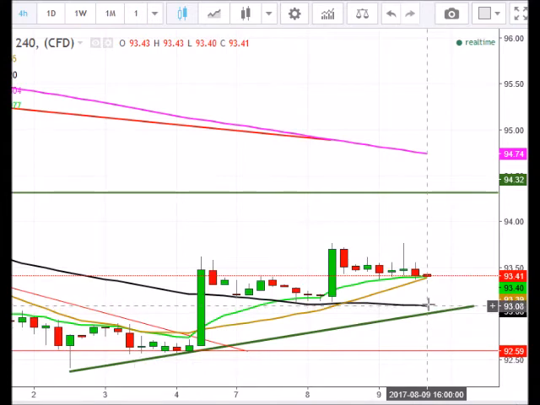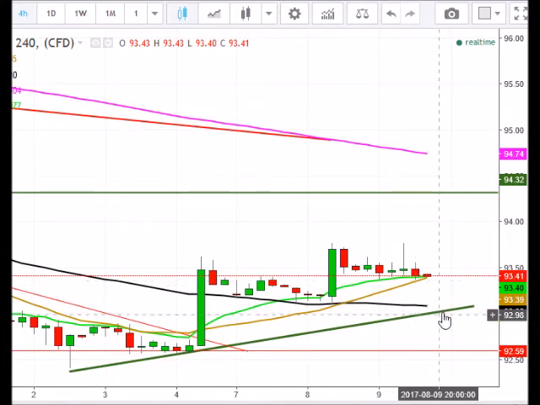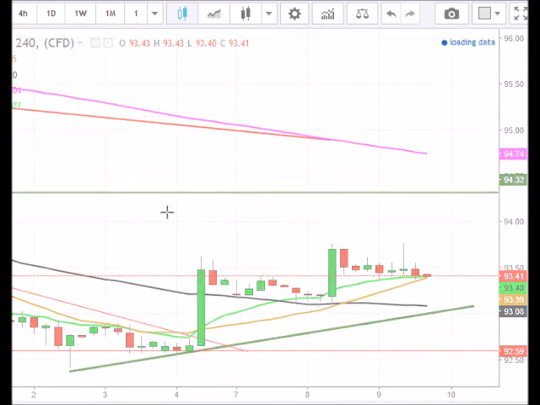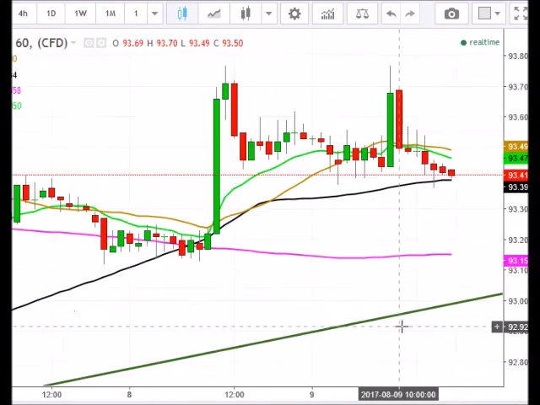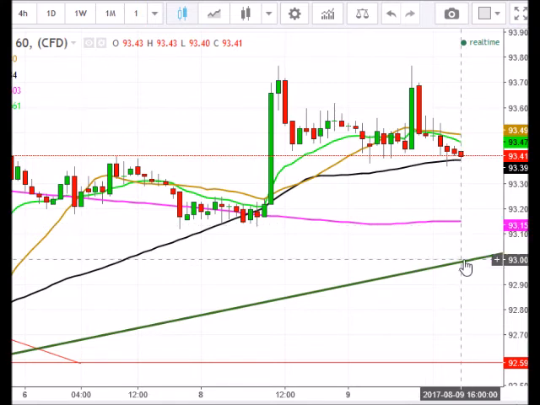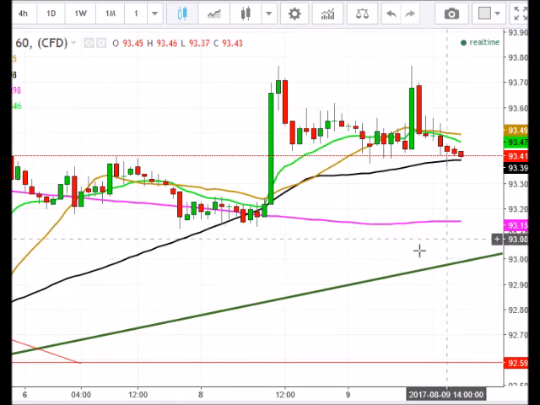this is the level you want to see hold, that 50 period simple moving average. So whether you're looking at the 4-hour or the hourly, on the 4-hour, watch your 50 and this trend line, which should basically coincide by the time price does come back down to here. Or we'll see price stall out around 93.13, and then we'll see a nice healthy bounce without ever hitting this 50. But I would imagine that we do hit this 50 at minimum, or potentially this trend line here at around 93. On the hourly time frame, similar thing. You're going to be looking for your 200 to hold as the new support level. Again, coinciding within the same price location, so around 93, and then 93 here and around 93.13 here. So that's all I'll be looking for personally.